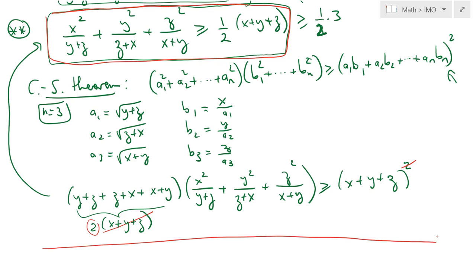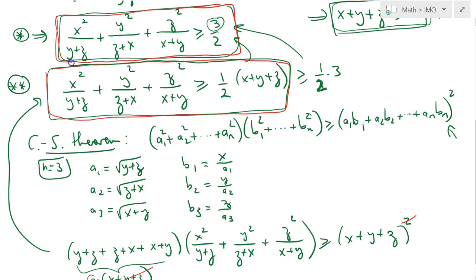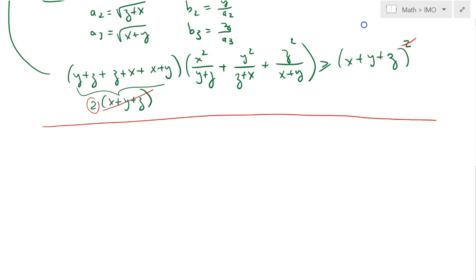An alternative way, which is also pretty beautiful, is once again, if what we want to prove is this result, after I already did the substitution, in fact we could solve this using convex functions, namely Jensen's inequality. So let me write down this thing that we would like to prove one more time, and let's see if we can find some functions. We want to show that x squared over y plus z plus y squared over z plus x plus z squared over x plus y is greater than or equal to